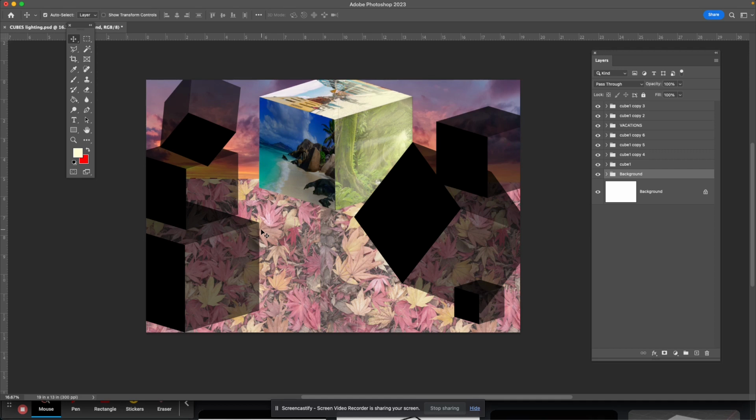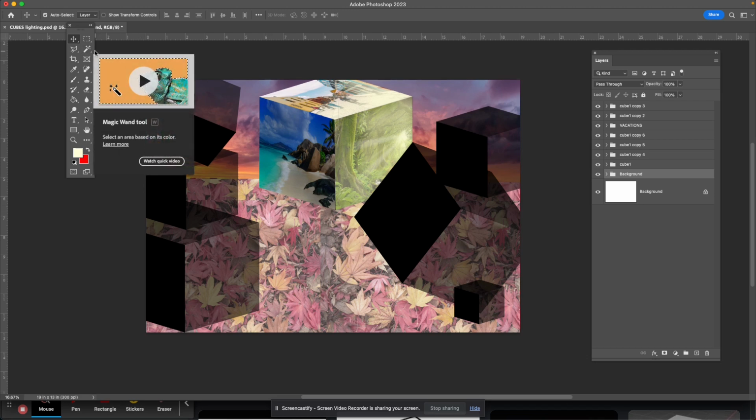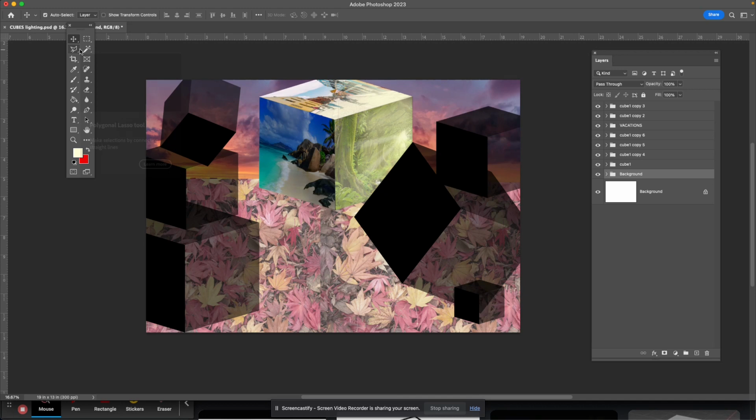Polygonal lasso tool is for drawing, also a soft eraser. It's a lot of information. All right. L is the hotkey for the lasso tools. L, as in lemon. It's right up here underneath the move tool. Remember that the polygonal lasso tool is in the middle. And I'm going to zoom into that edge